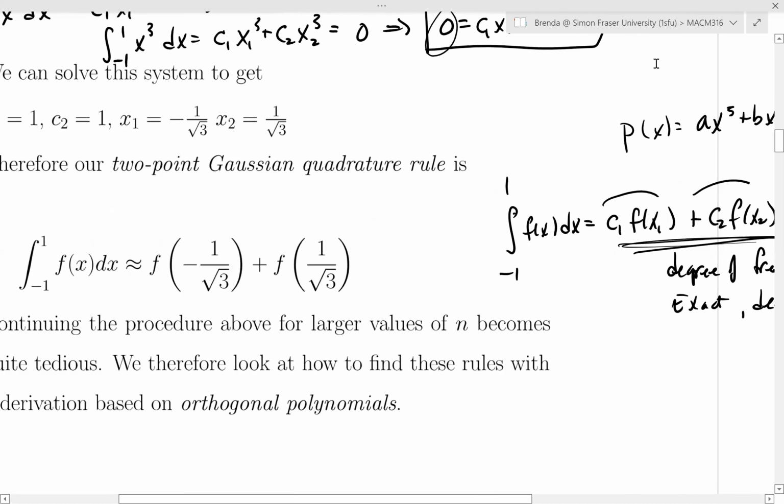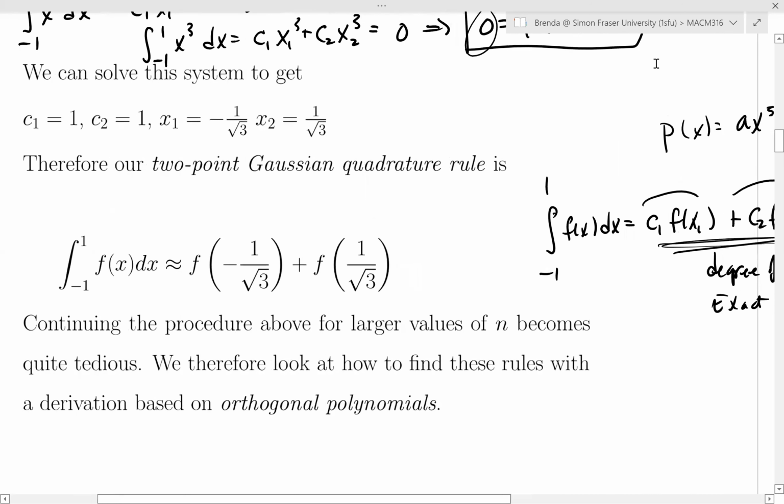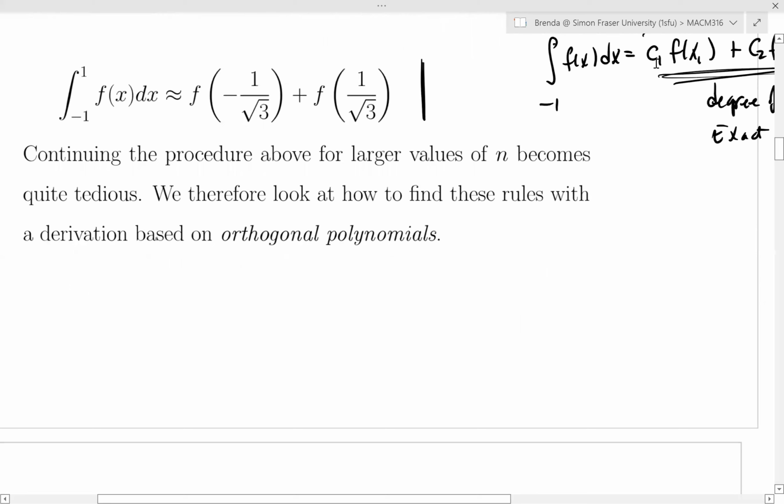Okay, now as you can see from the example that we went through, we found that we had to get four equations and four unknowns that we had to solve, and they're nonlinear. So it's kind of tedious to go through this each time. Okay, but for sure this is the 2 point rule here. Okay, so now what happens is